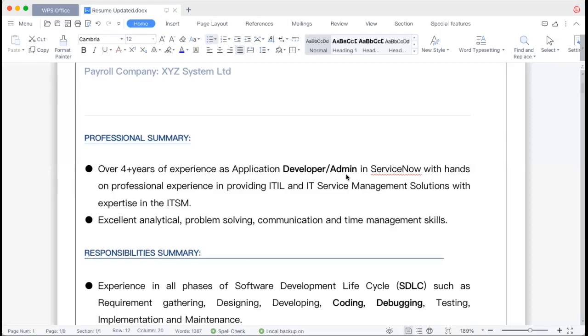What is the difference between SLA and OLA? SLA is service level agreement and OLA is operational level agreement. Is there any difference? In an SLA there will be a commitment between vendor and client. This is service level agreement. And operational level agreement means